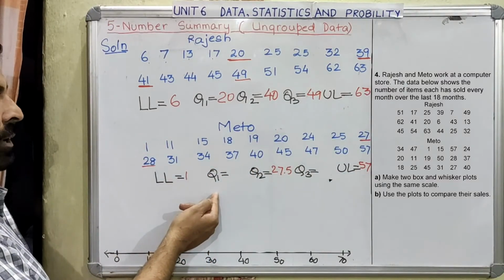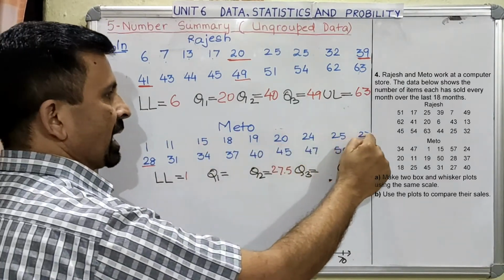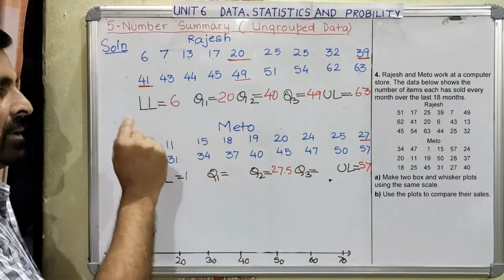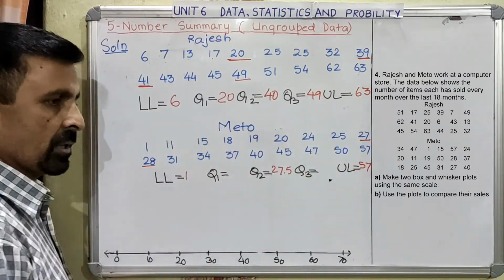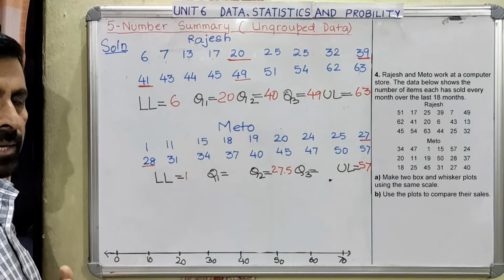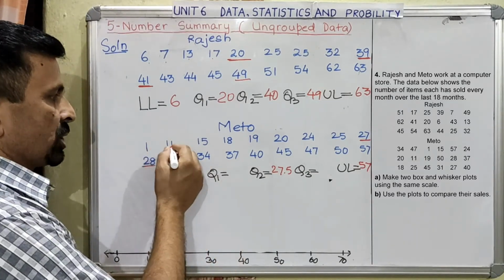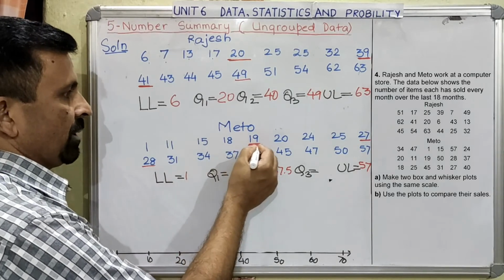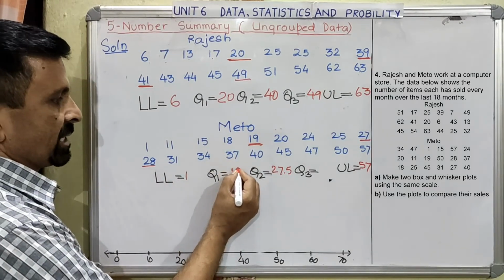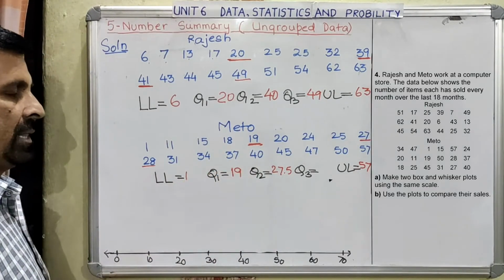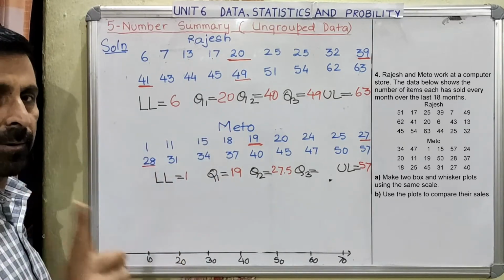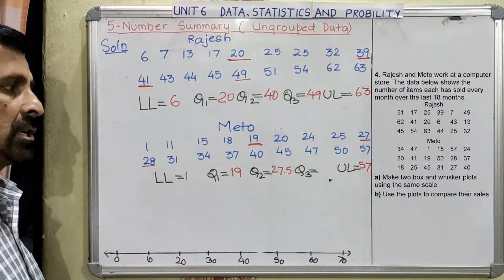Okay. Now from this underline you know that you have this many data in the first half for calculating Q1. So in the first half you have a total of 9 data for calculating Q1. That means an odd number of data. So the position will be (9 plus 1) divided by 2, that means the 5th data will be your Q1. So 1, 2, 3, 4, 5. This will be your Q1. So write this as Q1. Clear? The position for Q1 you calculated is 5th. That means the position for Q3 also will be 5th.